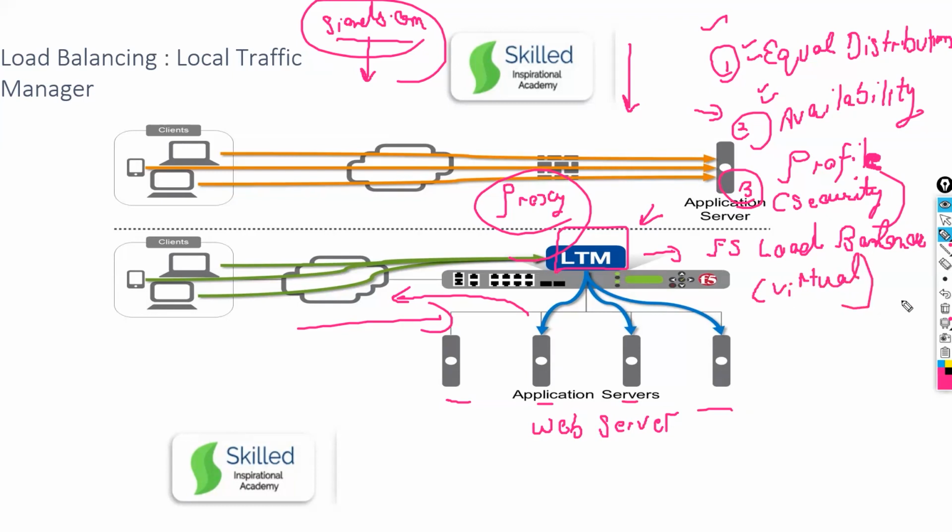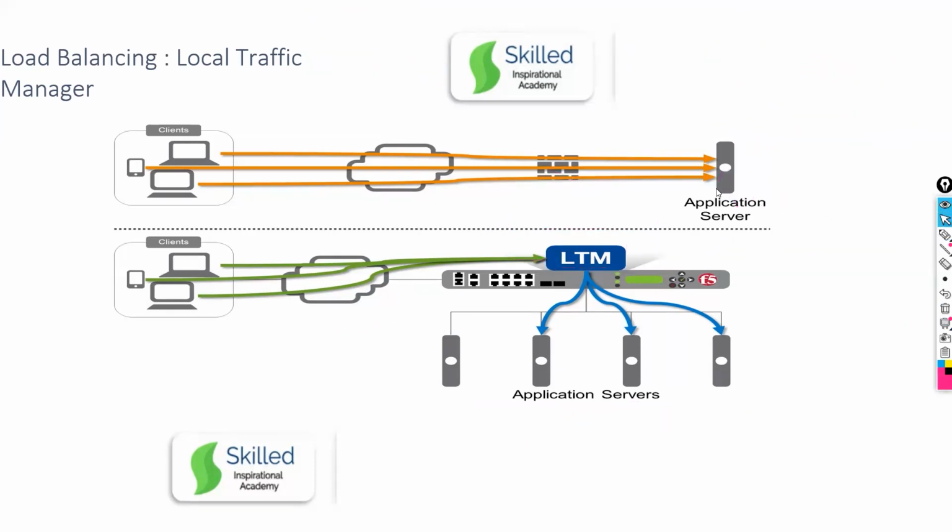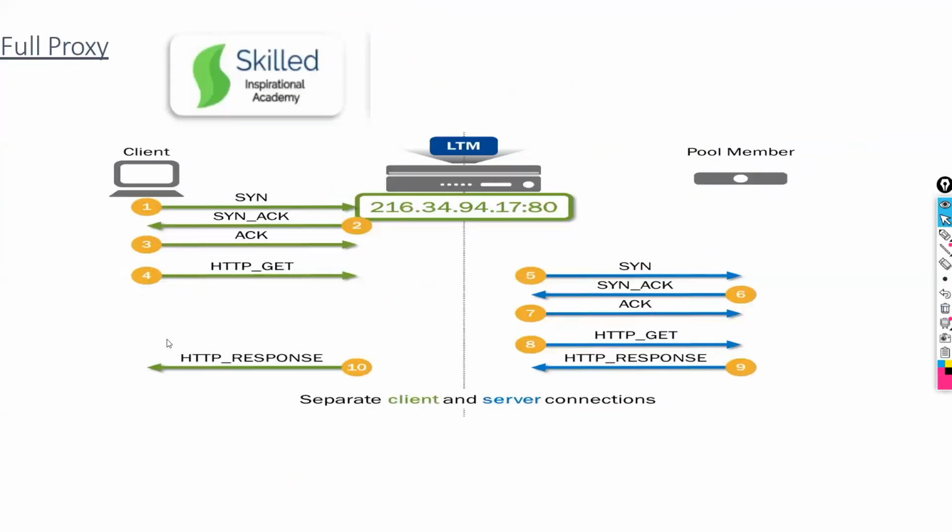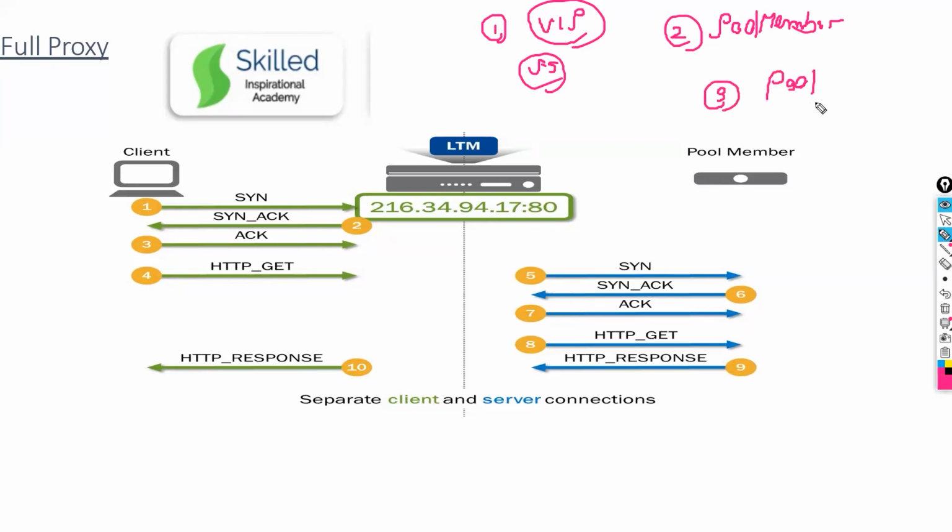Here I want to discuss three terms when you deploy F5 from the beginning. There is a concept called virtual IP. Every time you install F5 in your company, you need to configure a virtual IP. Second concept, you need to configure pool members. Third concept which you need to configure is pool. So what is virtual IP, guys? Virtual IP is nothing but the FQDN of your website.